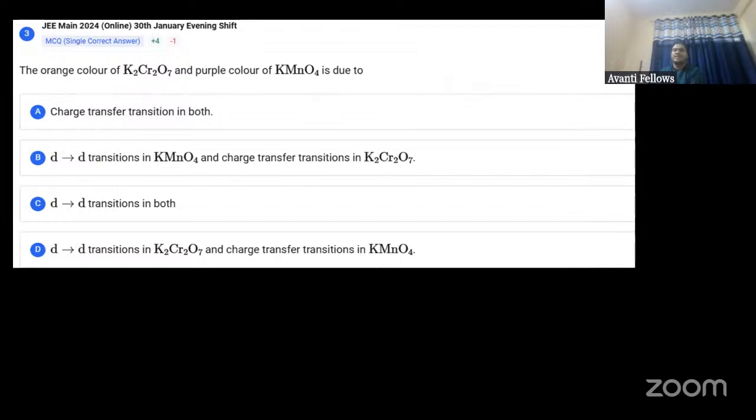The orange color of K2Cr2O7 and purple color of KMnO4 is due to, बताओ। K2Cr2O7 और KMnO4 का ऑरेंज कलर किससे होगा? d-d transition? नहीं। Charge transfer. तो हमने पढ़ा था ना अभी, वेनेडियम, क्रोमियम और मैंगनीज, ये कलरफुल कंपाउंड्स बनाते हैं। अनपेयर इलेक्ट्रॉन नहीं होता है उसके बाद भी, तो हमने पढ़ा था यहाँ पे चार्ज ट्रांसफर का भी फैक्टर आता है। तो ऑक्सीडेशन स्टेट निकाल के हमें थोड़ा सा देखना होता है, कि ऑक्सीडेशन स्टेट क्या आ रहा है।